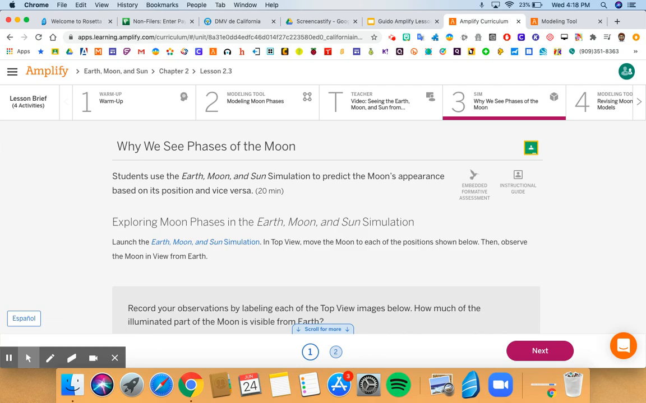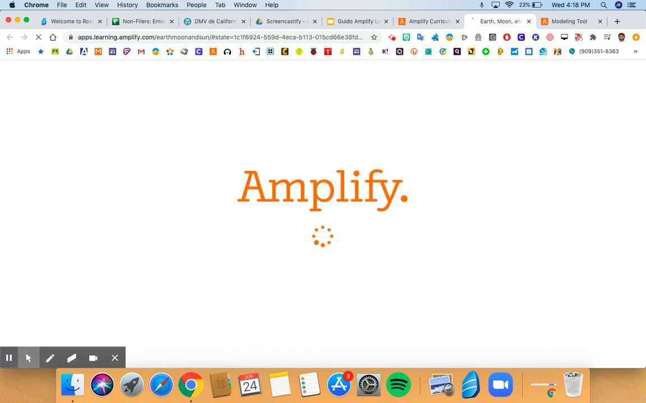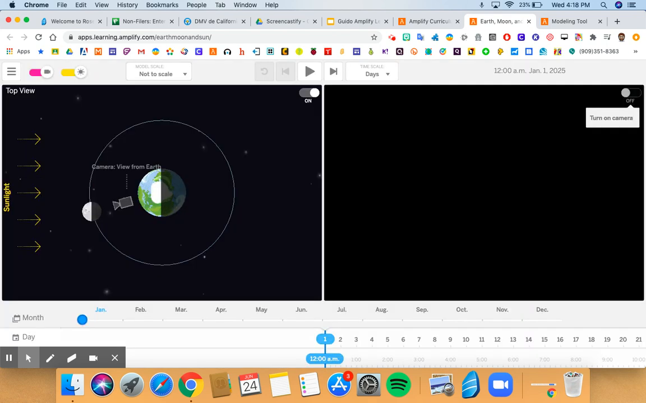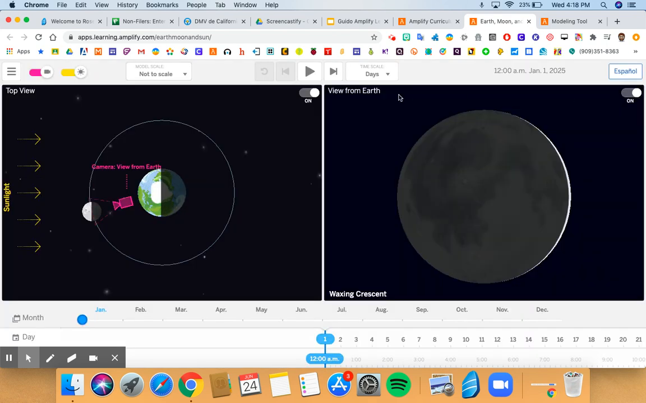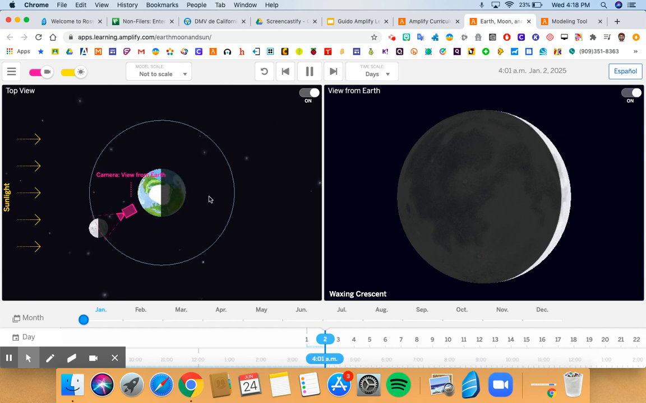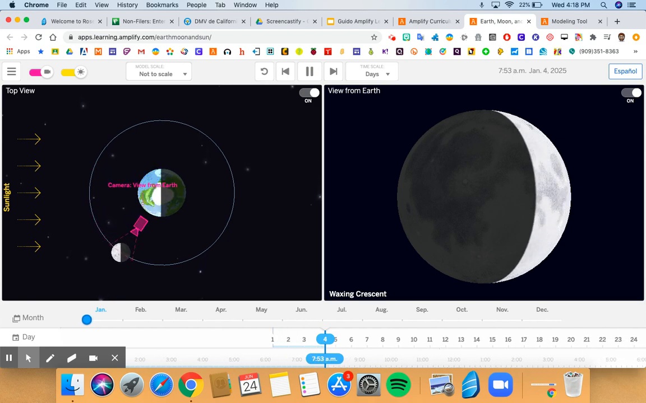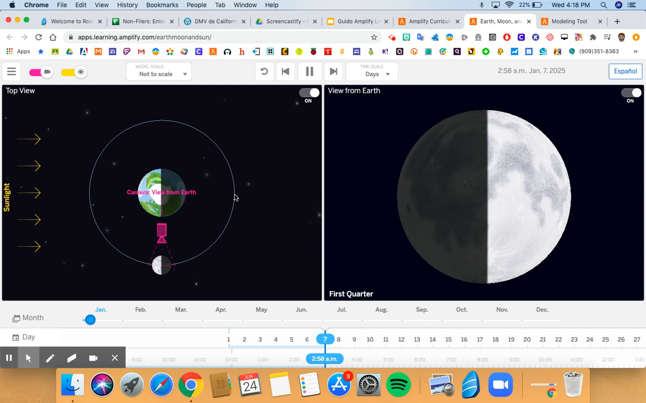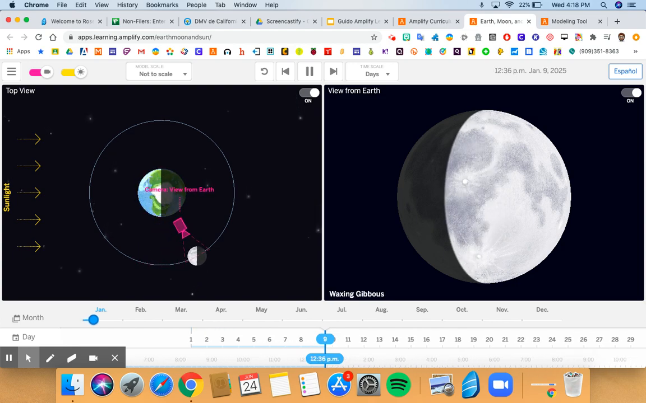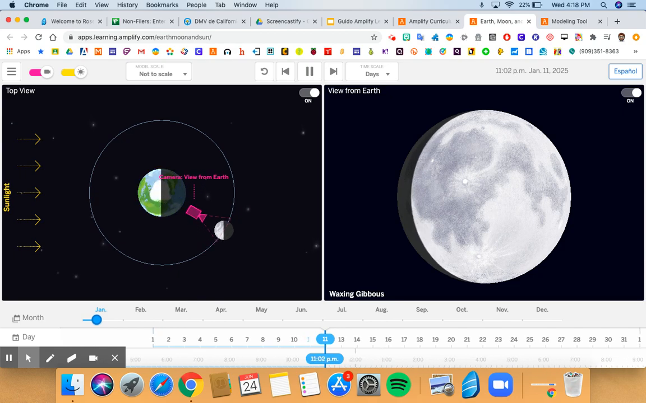Okay, welcome back. Moving on to Step 3. And we're going to be using the same simulation we used in previous lessons, which is the Earth, Moon, and Sun simulation. I'm going to click play, and I want you to pay attention to 3 different positions that the moon is going to be in as it rotates around Earth. So the first one is when we see the sun, or at least the sunlight, the Earth, and the moon. So they are in one straight line. So I'm going to pause there,